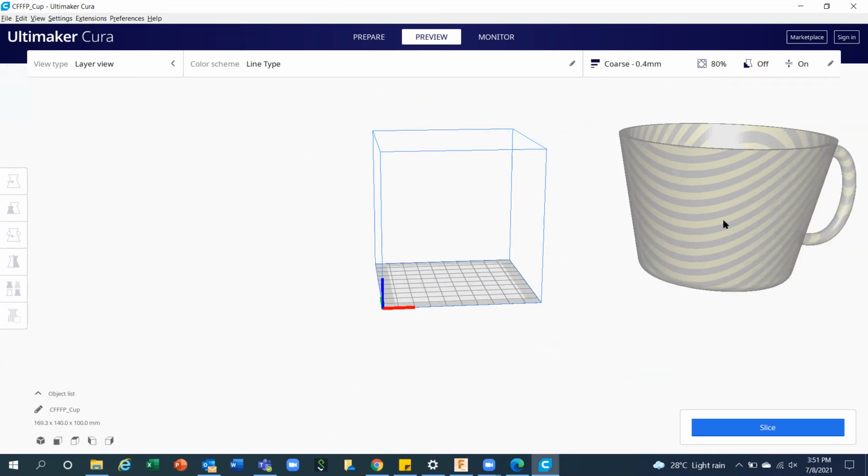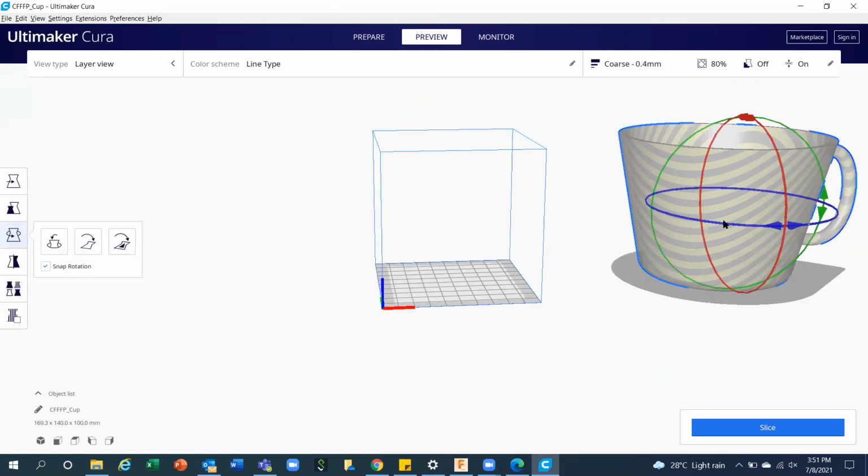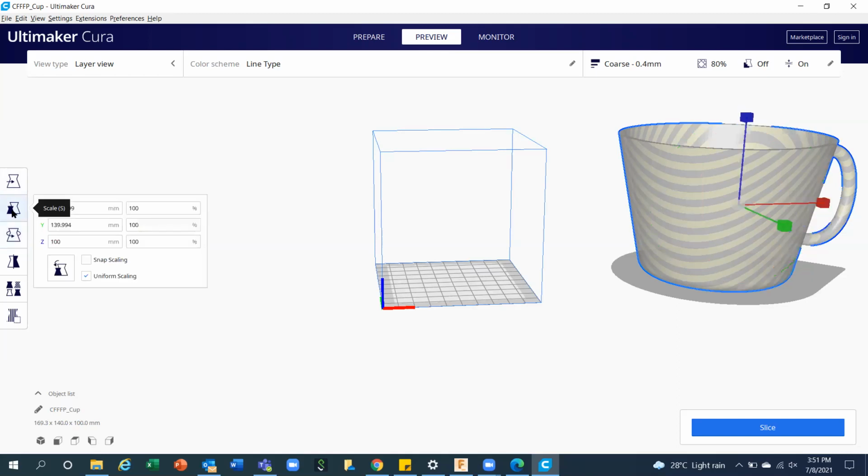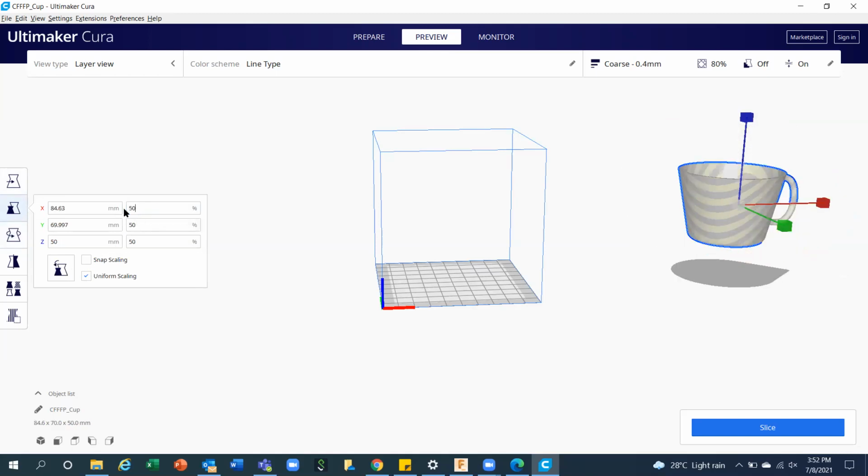So what to do? As I already told you, you can rescale your model. Select your model, go to the second option on the left-hand side, scale. It is 100% scale, so I'm going to make it 50%. Now it is small, but I need to bring this cup to my printing area.